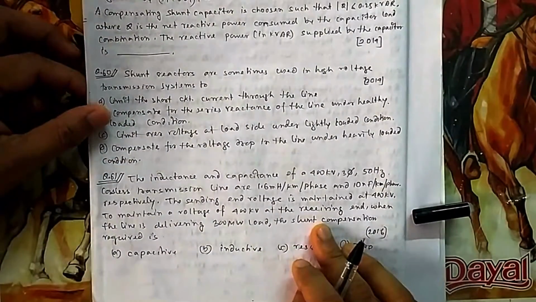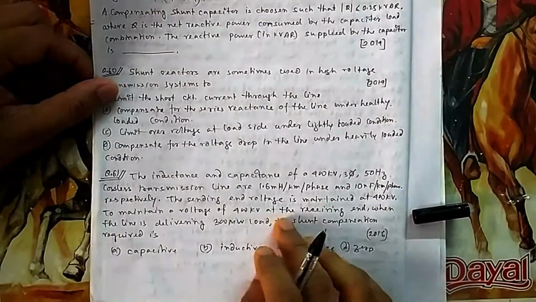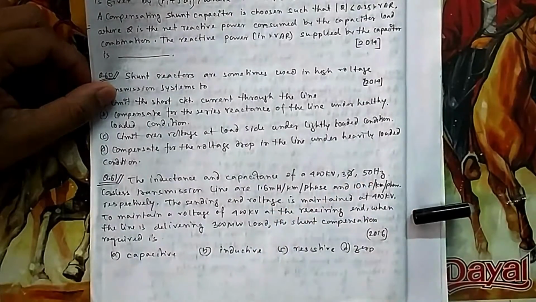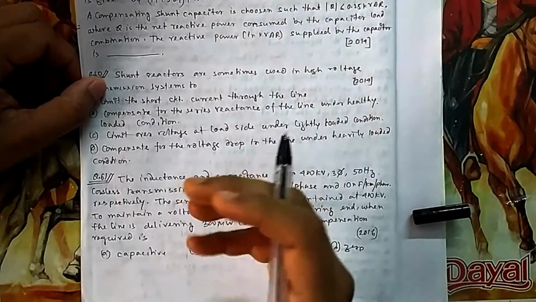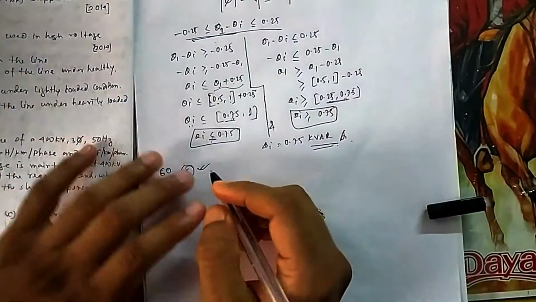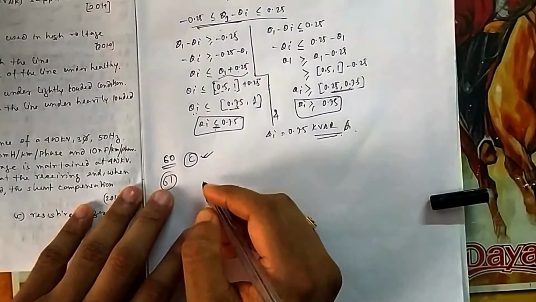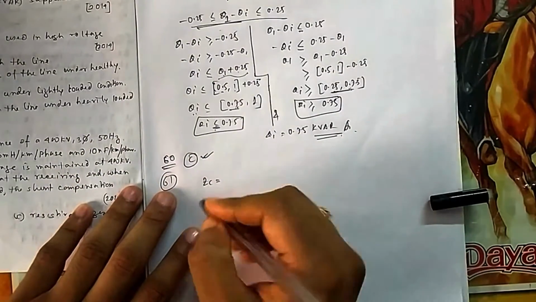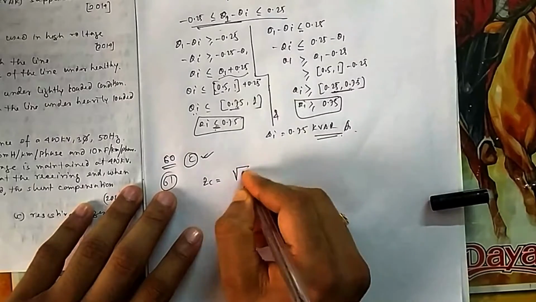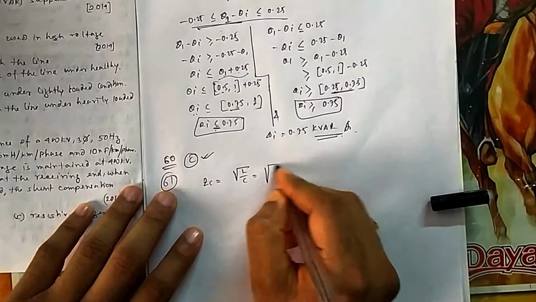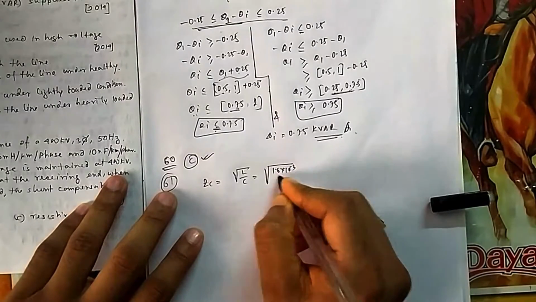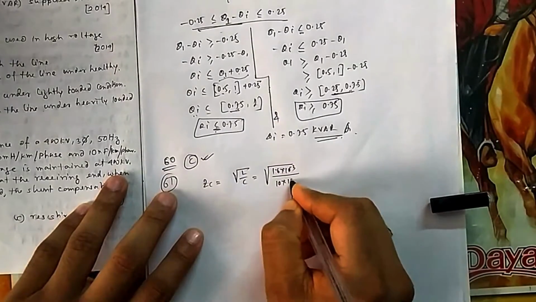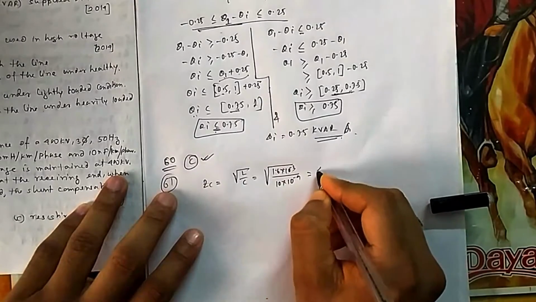So for that, you have to see what is the characteristic impedance of the line, because L and C are given and it is a lossless line. From that characteristic impedance we can say how my transmission line is looking, either capacitive or inductive. So first you calculate ZC, which is root L by C, and if you calculate it, 1.6 into 10 to the power minus 3 divided by 10 into 10 to the power minus 9, you will get around 400.